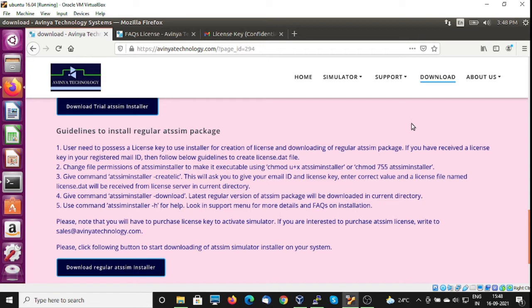Then once it is downloaded, we shall change the permissions of this file to executable, and once it is done, we shall create the license file using the -create LIC option, and then we shall go ahead to download the current package files using the -download switch.